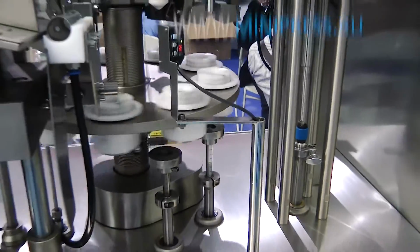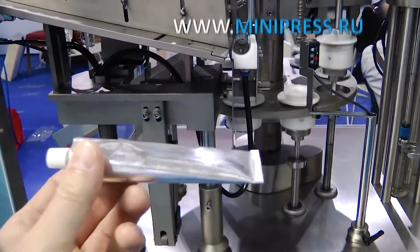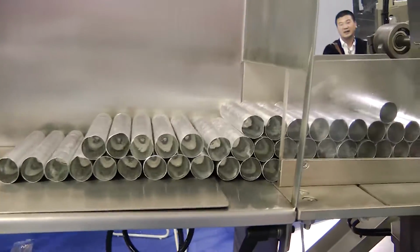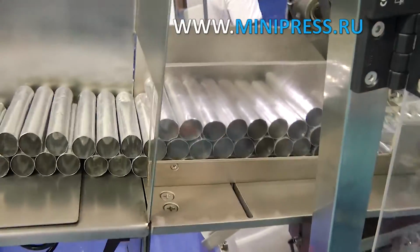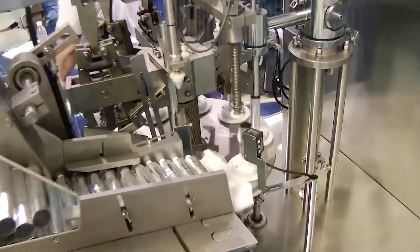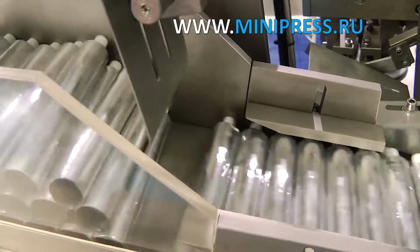In the end, I came to the conclusion that I would not be able to choose equipment for filling tubes on my own, and decided to turn to a specialist. I needed a professional who would give complete information about the machine, its capabilities, to test on the equipment tube with our ointment, talk about the terms of delivery. It was originally decided not to consider Chinese intermediaries, since Chinese manufacturers often have their own direct representatives. I did not want to go through this stage all over again, so I decided to turn to Russian intermediaries